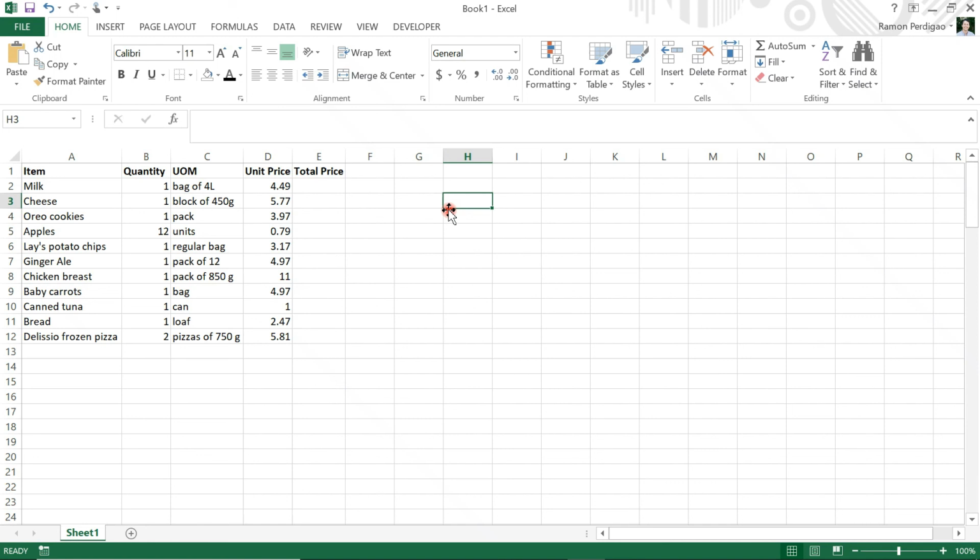So that's it for now. I just created a simple list and entered some information, some text, some numeric information. In the next lesson, I'm going to show you how to start making some basic